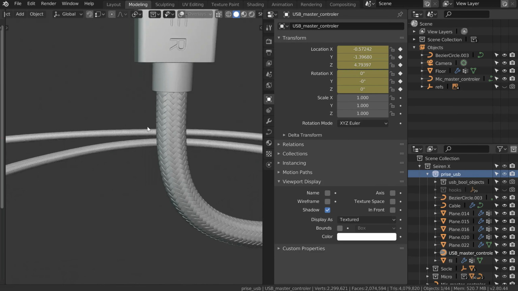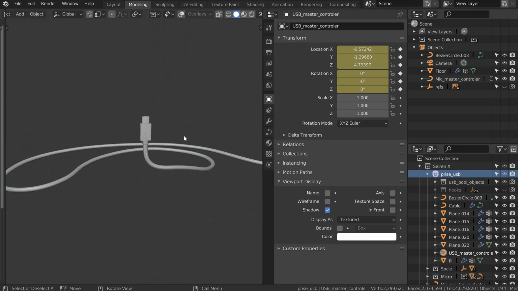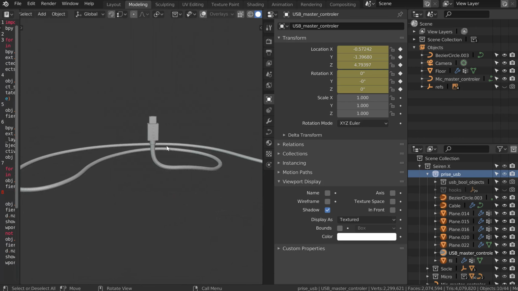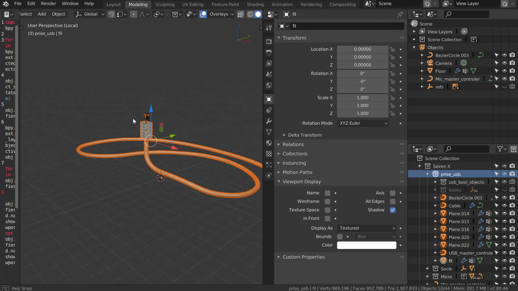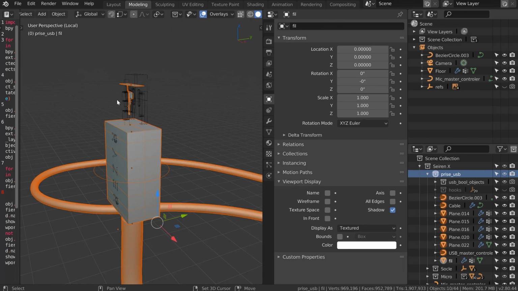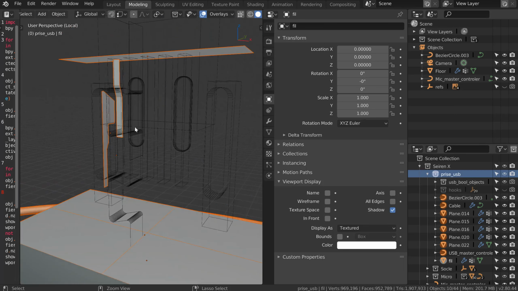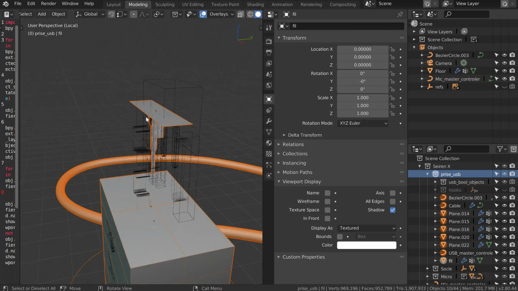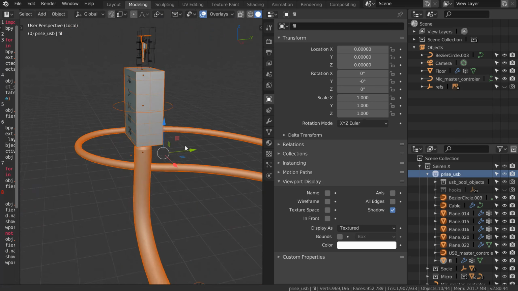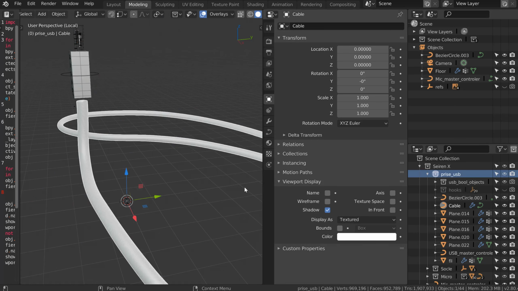And if, for example, I select all of this, just to show you, I will press B, I will select all of this, I will just come here. I need to select one object to have an active object. I will launch my code, and if I activate this, I will have that. So, as you can see, this is just some cube, some plane, etc. And this one is just a curve.